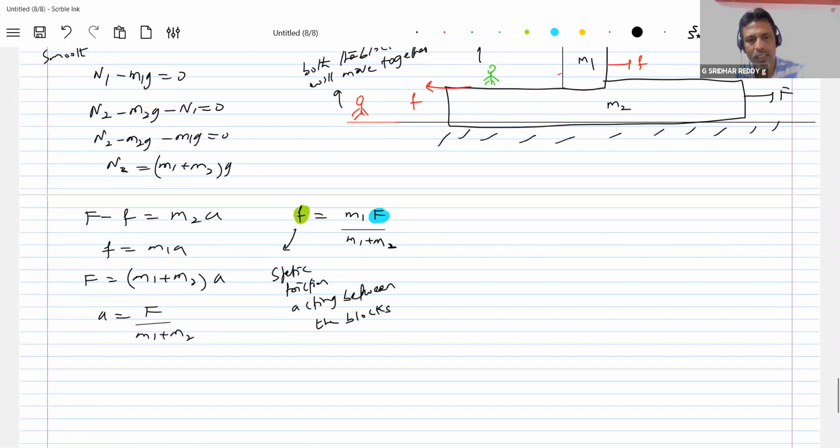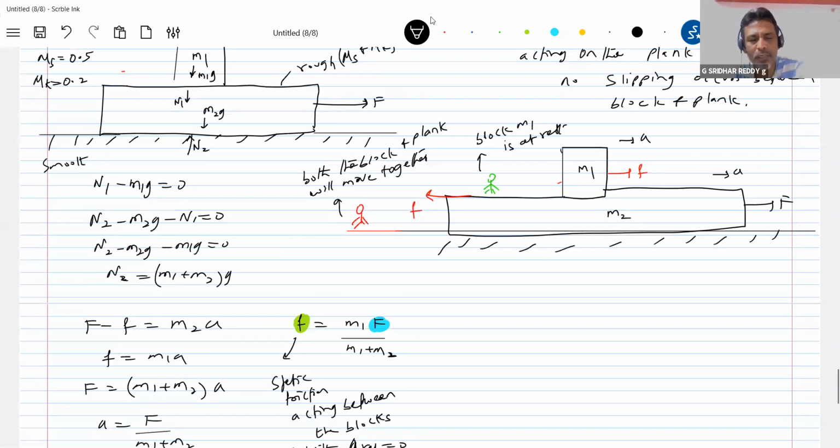So here, what is a relative? The strict condition I should write: a relative is in fact 0. This is very important. Okay, now I'll keep increasing the applied force. Tell me what is the maximum permitted value of the static friction? It is equal to limiting friction. So as F increases, f also increases. Are you looking at the equation?